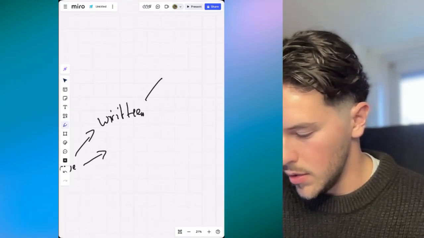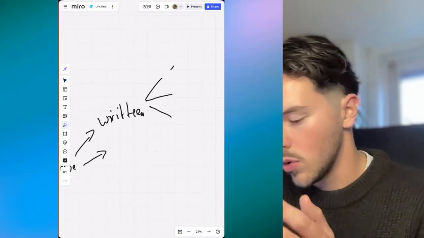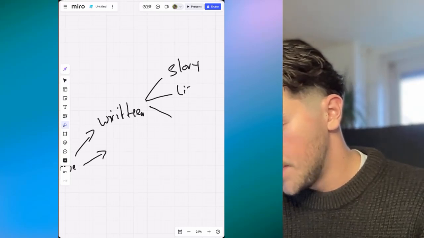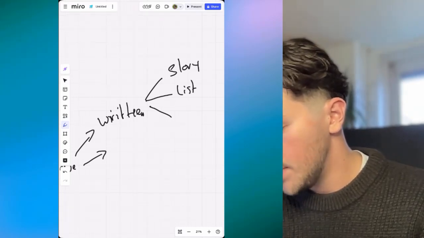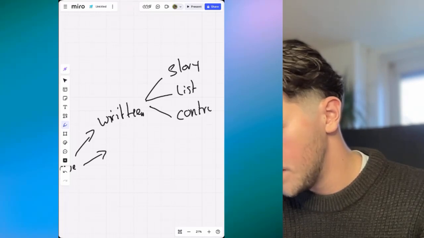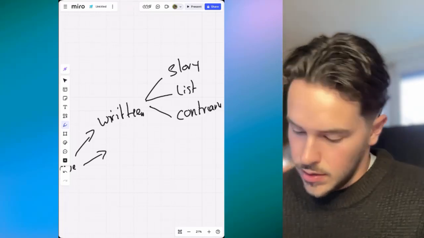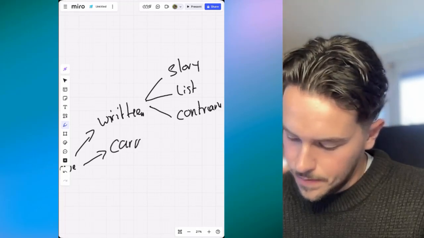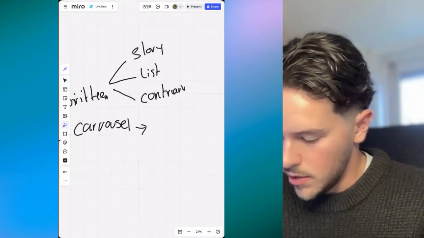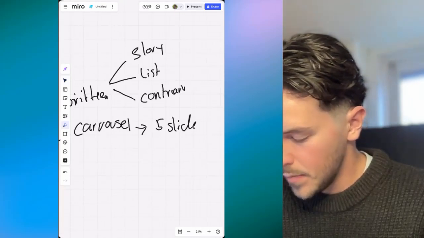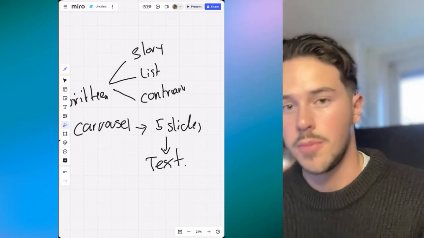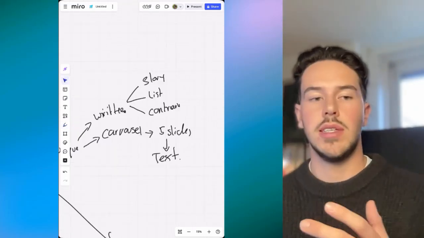And the written posts go into 5 directions, maybe like a story, a list, or a contrary. And it makes a carousel. So it gives me 5 slides of text. Then I can put that into a carousel for myself. And it produces these concepts.